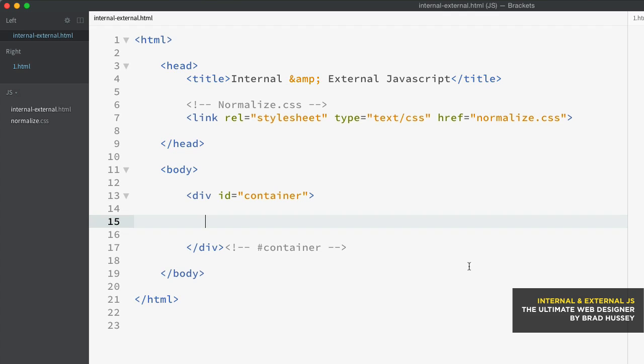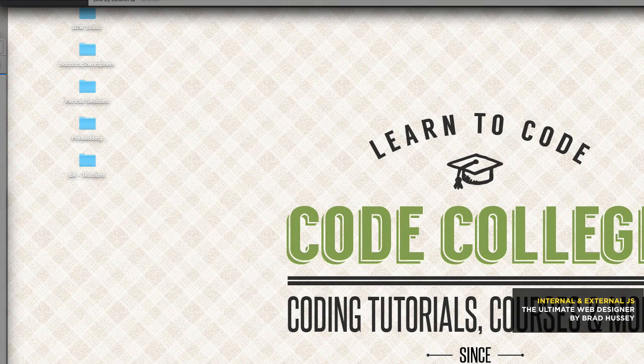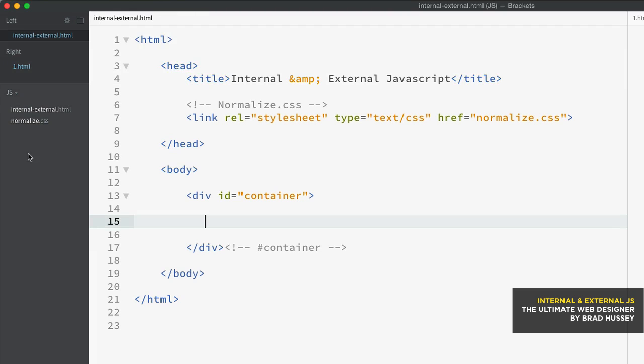First, I want you to create a new folder on your desktop or wherever you wish called JS for JavaScript. And in that folder, we're going to add the normalized.css file just so we can have cleaner looking text and stuff on the page. We're not going to do any major CSS styling in here, except for when JavaScript does the styles, but we'll get to that. And create a new file called